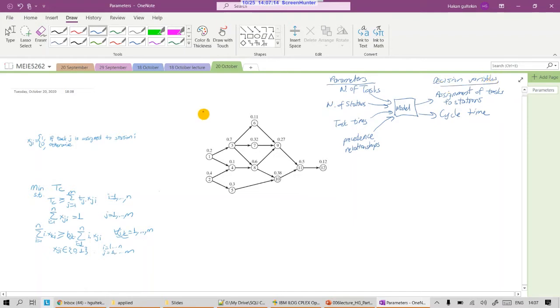So if you look at this example over here, first of all, each of these nodes represent the tasks. So in this example we have a total of 12 tasks. So the number of tasks is 12. And also for this example, the number of stations is equal to 5. So this is also given. The task times are written at the top of these nodes, so these are the task times,